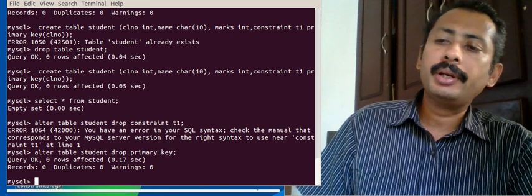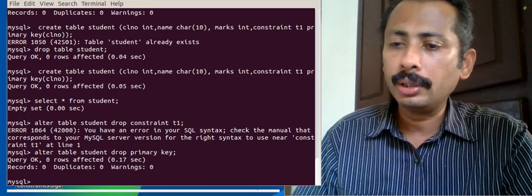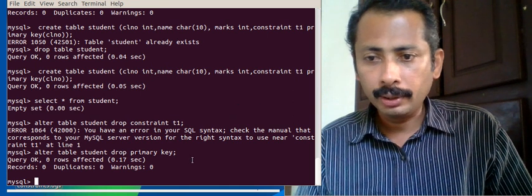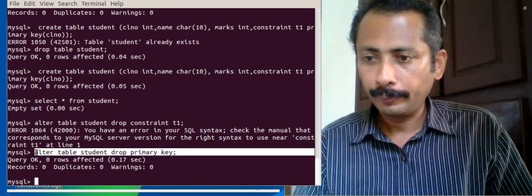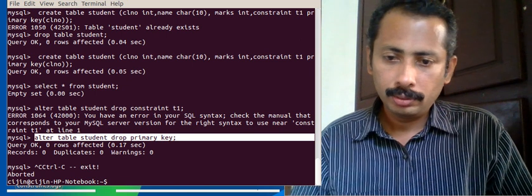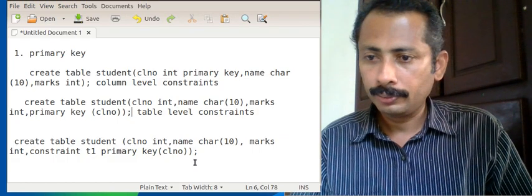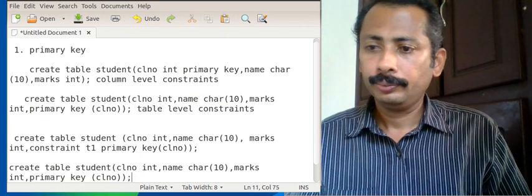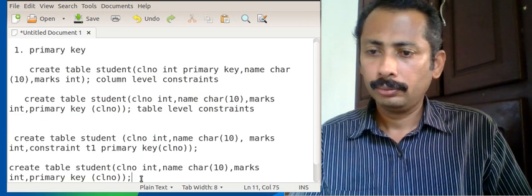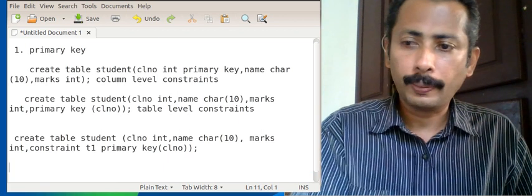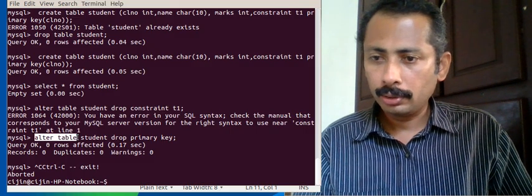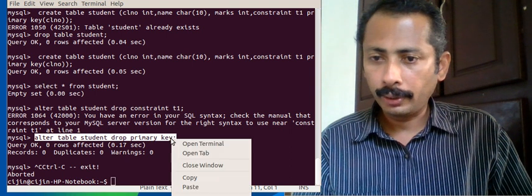That means the command is like this: alter table student drop primary key. We will type it here also.